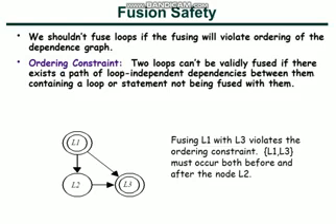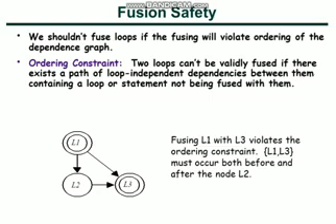Now here, if L1 and L3 are parallelizable, can you fuse L1 and L3 into one single loop? Before that, see what kind of dependencies are represented by this dependence graph. You have an edge from L1 to L2. What does it represent? It represents that L2 can be executed only after completion of L1, because you have a dependence from L1 to L2.